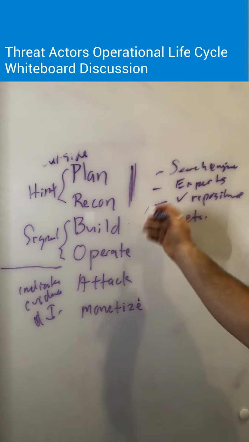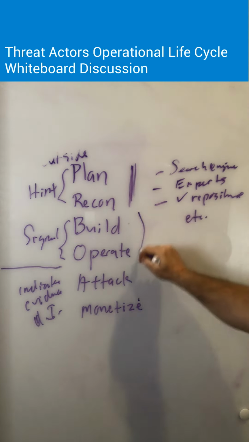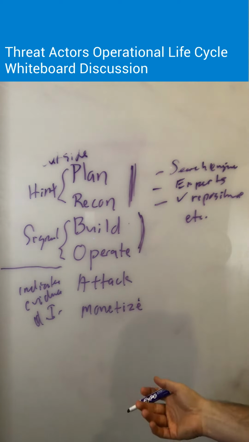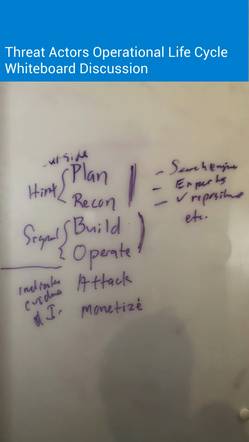It just kind of varies. There's lots of situations out there. But even if you miss the hints of what's going on or they roll up enough, when you get into these phases here, you get key signals of activity happening. Right? In the build and operation phase, this is when you would see knockoff domains, you see infrastructure movement,